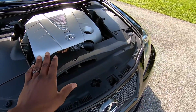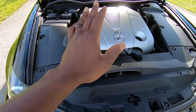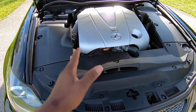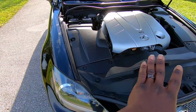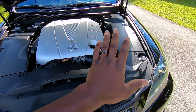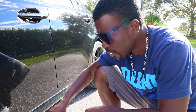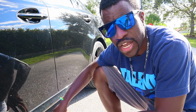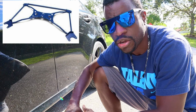I mean, I love how the intake sounds. Now I can hear it because I have an exhaust, but when I have the exhaust, that thing sounds really good. Now moving on with performance, it'll be the F Sport chassis brace that I installed in this car